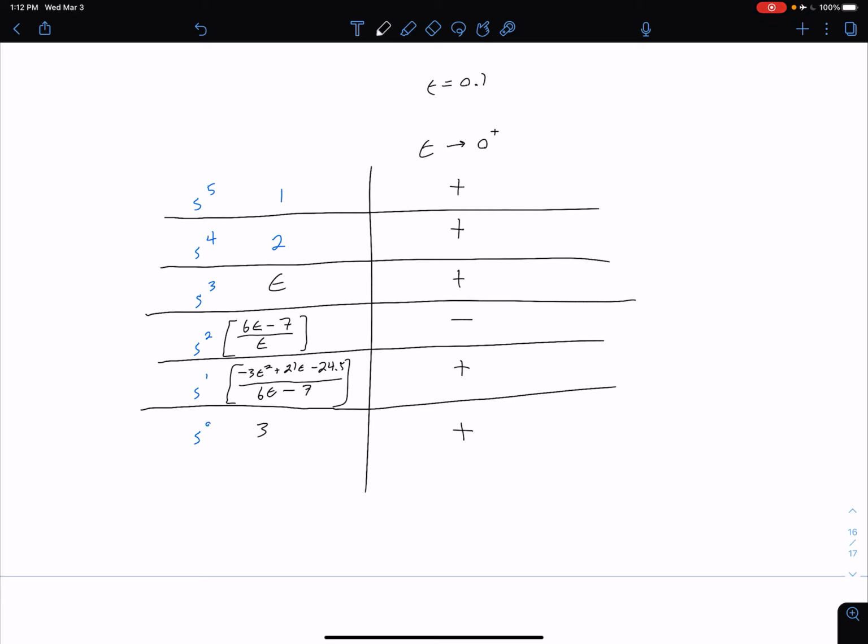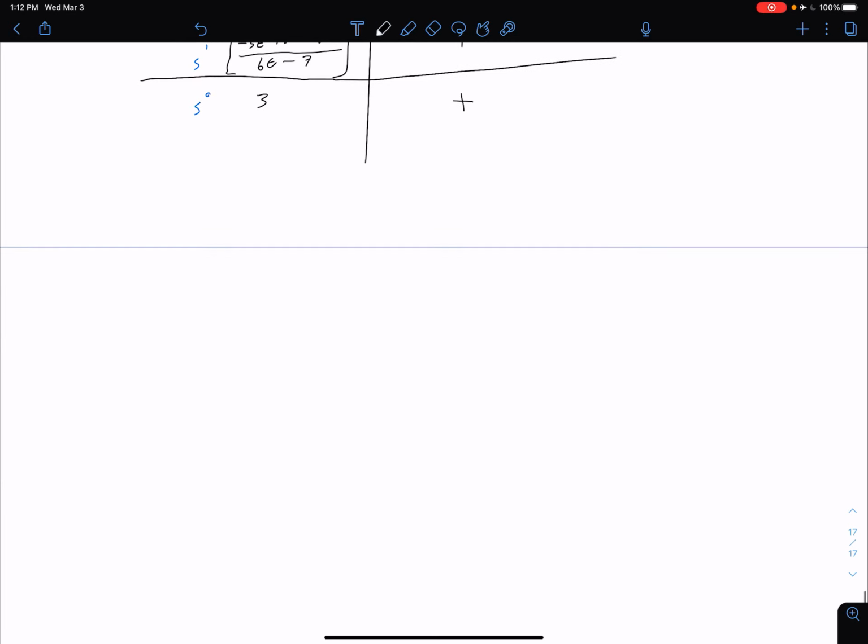So this is where we're going to evaluate our sign changes. So from there, it's the same thing that we've done before. So we can see going from this entry to this entry, we have one sign change, and from here to here we have another sign change. So the first one is positive to negative, the second one is negative to positive. So we would say we have two sign changes,